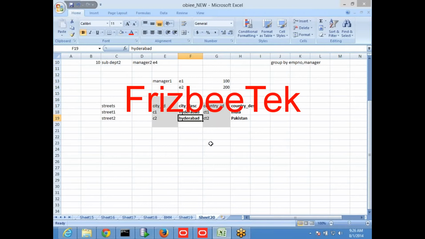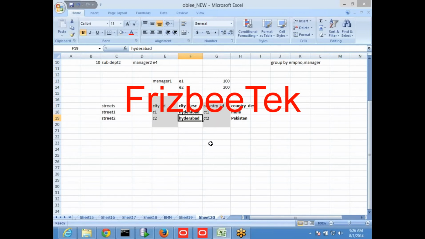If I know that the city ID for Hyderabad is C1 and for this one is C2, and I write a query select streets from this table where city ID equals C1, you will get only that particular value. That way, descriptions generally will not help; they are only for display purposes.